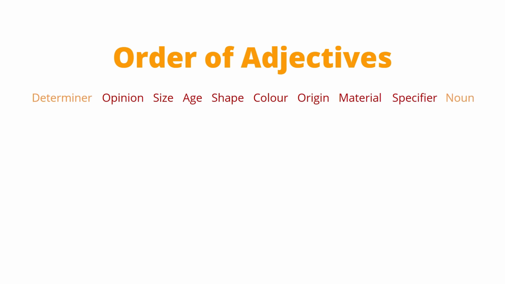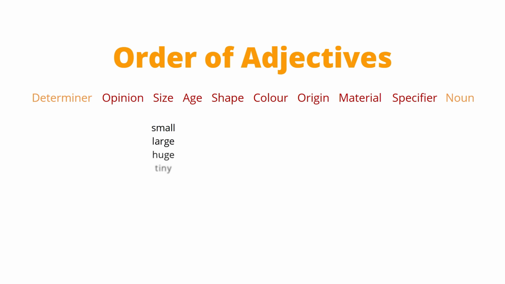So, before we do the adjectives, we'll begin with the determiner. A determiner is anything like a and the, my, his, her, their, this, that, some, many, any, etc. Words like that are called determiners. The next word, the first of the adjectives, will be the opinion. If you have an opinion about the thing you're describing, that will be the first thing you say. If you think it's nice or lovely or wonderful or horrible or horrendous or disgusting, your opinion will always go